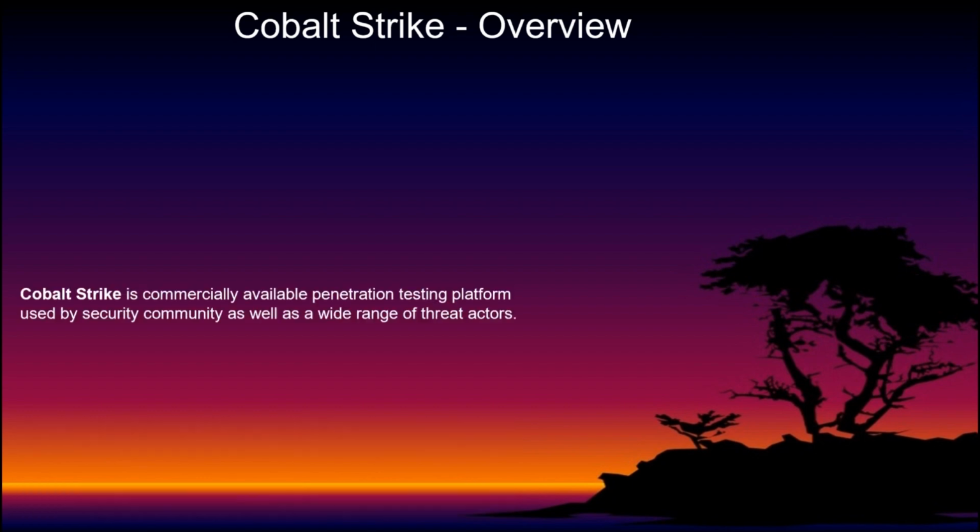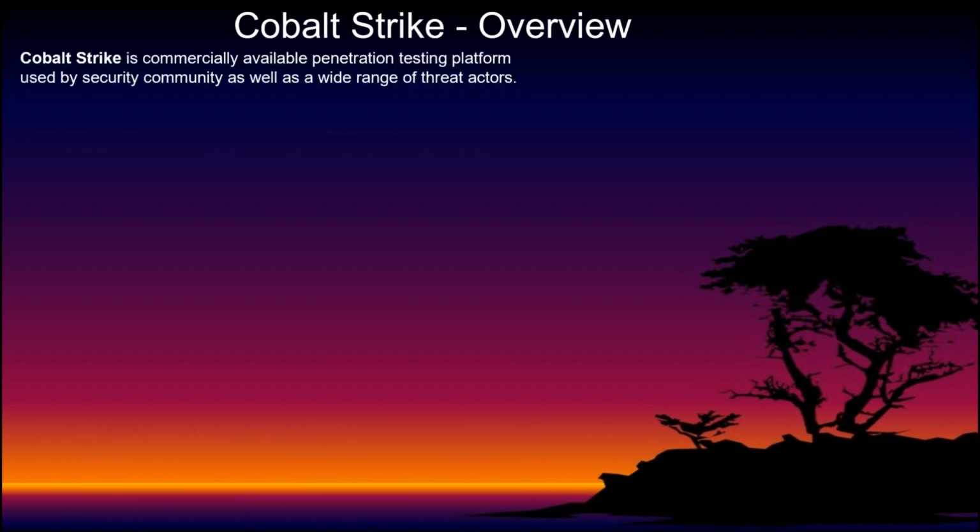So what is Cobalt Strike? Cobalt Strike is a commercially available penetration testing platform used by the security community as well as a wide range of threat actors. Cobalt Strike was originally created for network defenders, to train them to understand vulnerabilities and possible avenues of infection by cyber criminals. It is an adversary simulation software for this purpose and for red teamers